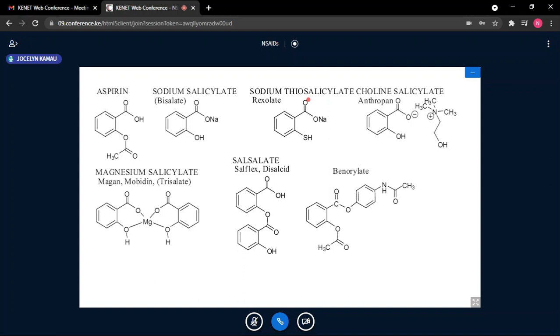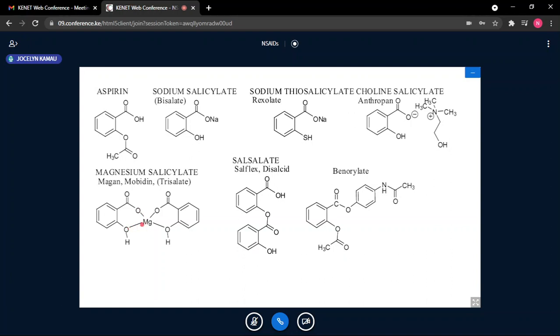And of course, the carboxylic acid remains. You will note that in all these drugs, apart from the ones we are calling the non-selective and the non-acidic group, you then have the magnesium salicylate. This is a complex whereby you can see one molecule of salicylic acid and another molecule of salicylic acid. So this is a COH. It bonds with the magnesium ion. It's a chelate, and then the hydroxyl group bonding the magnesium ion, this, of course, being a dative bond.